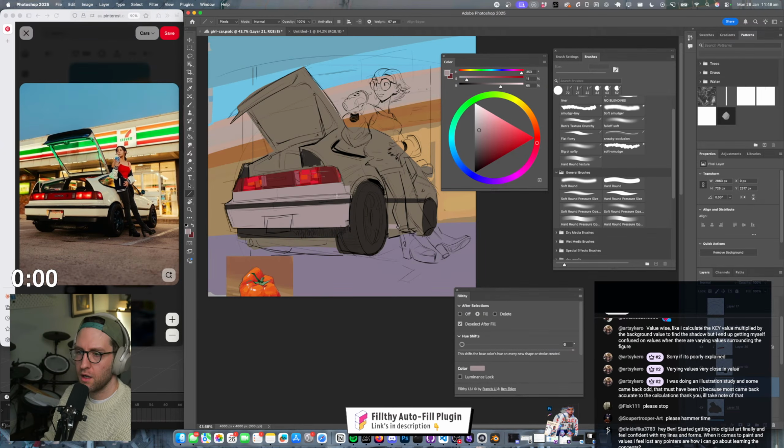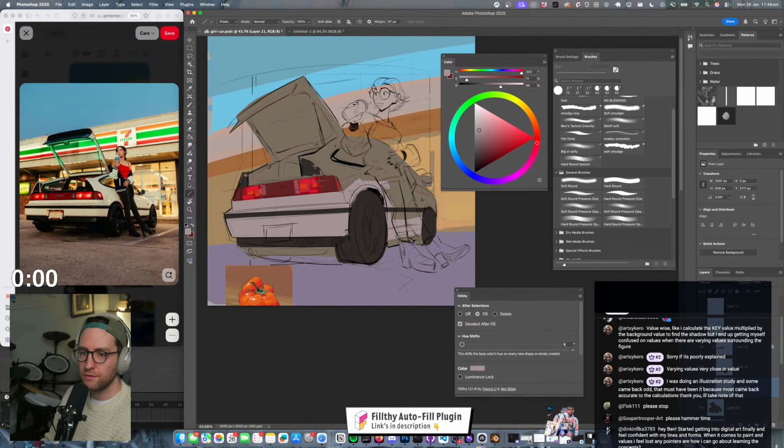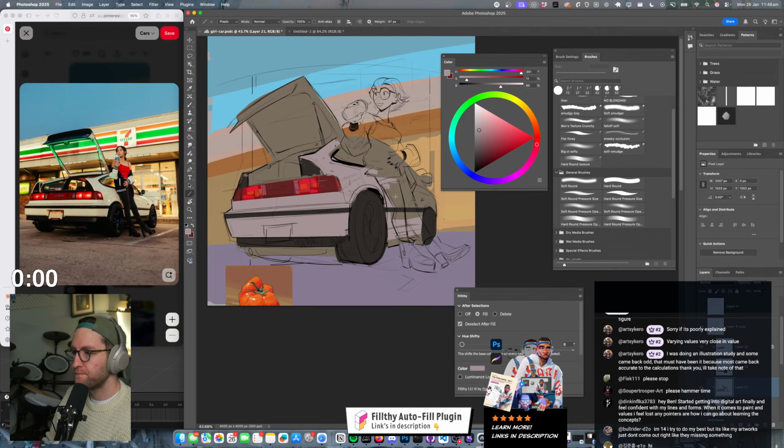So, along with values, I would recommend thinking about why you are putting down each stroke. Even just that, I think, can go a long way. Like, what's the purpose? Why is this value darker? Why is this lighter? Is it because the surface is closer to the light source, or further away from the light source?